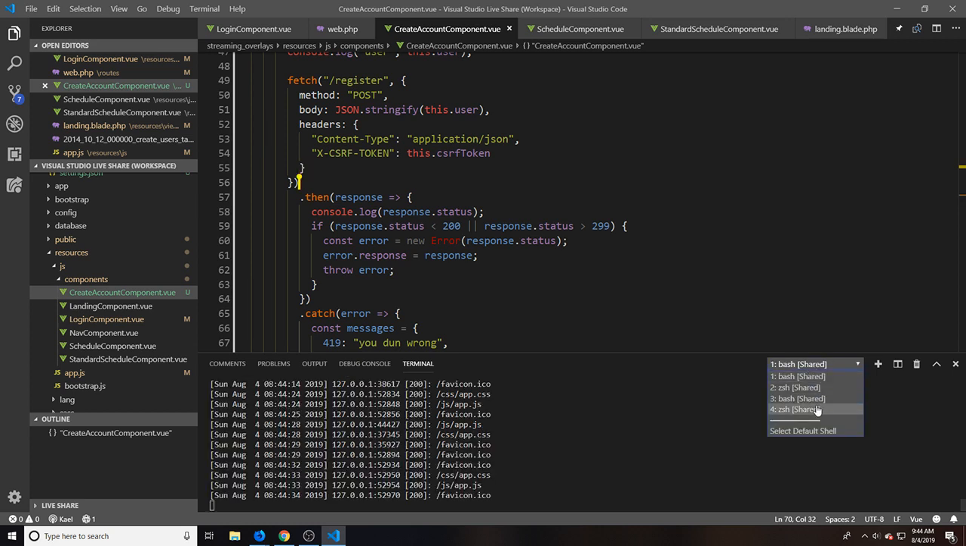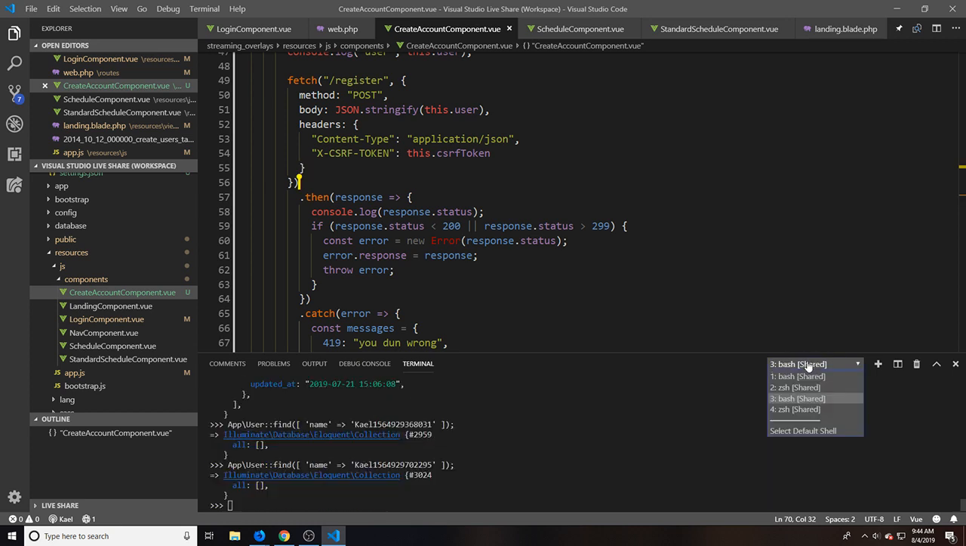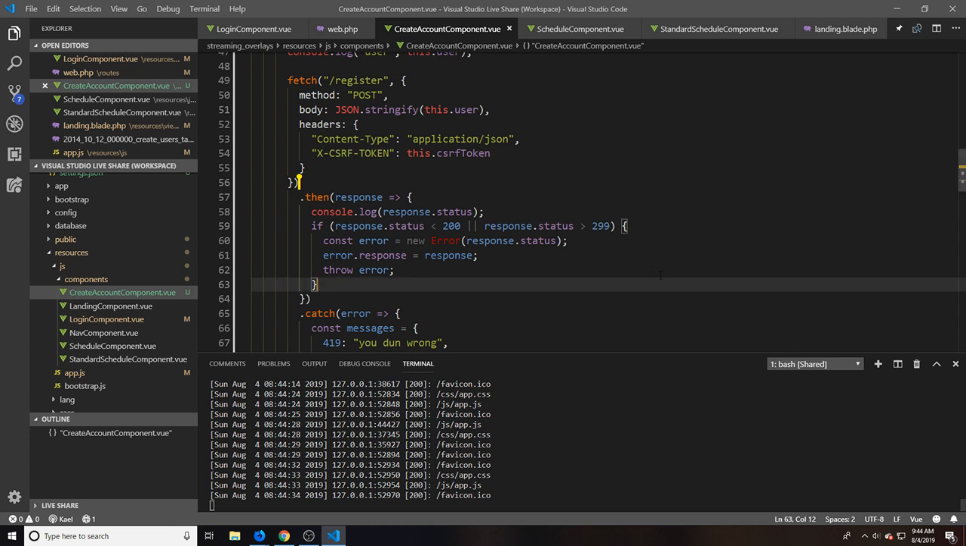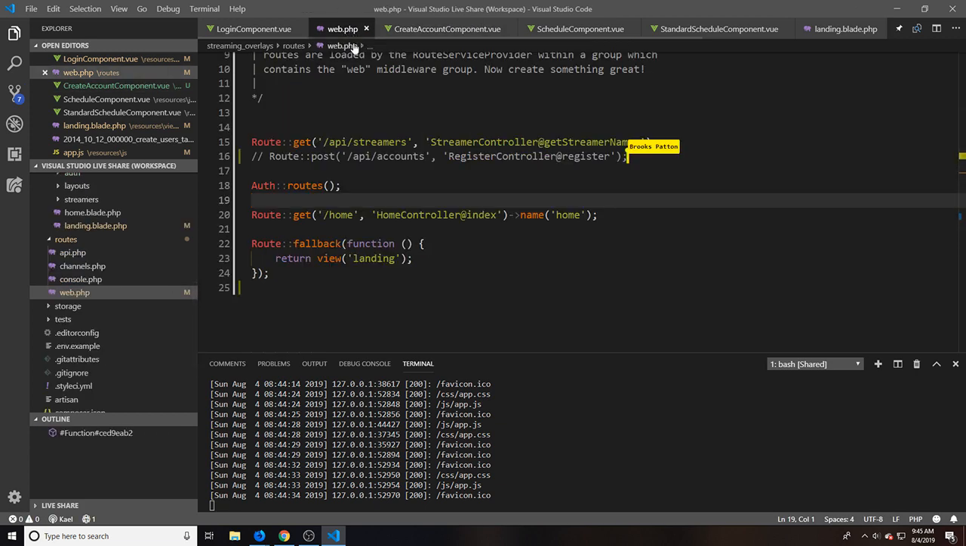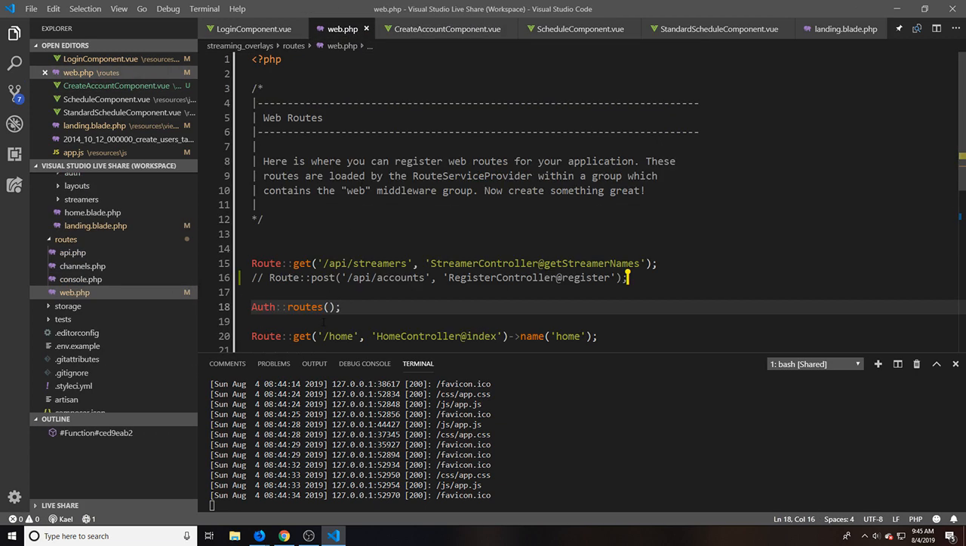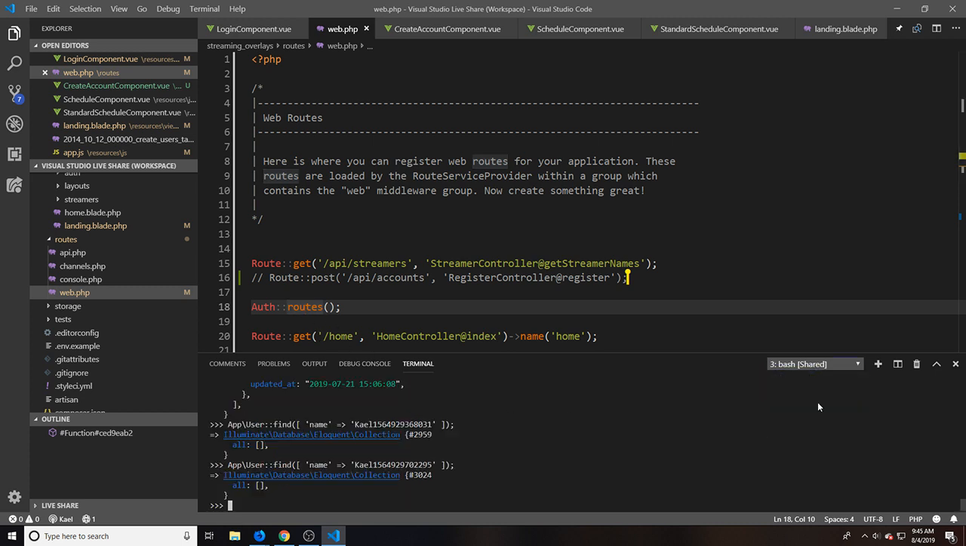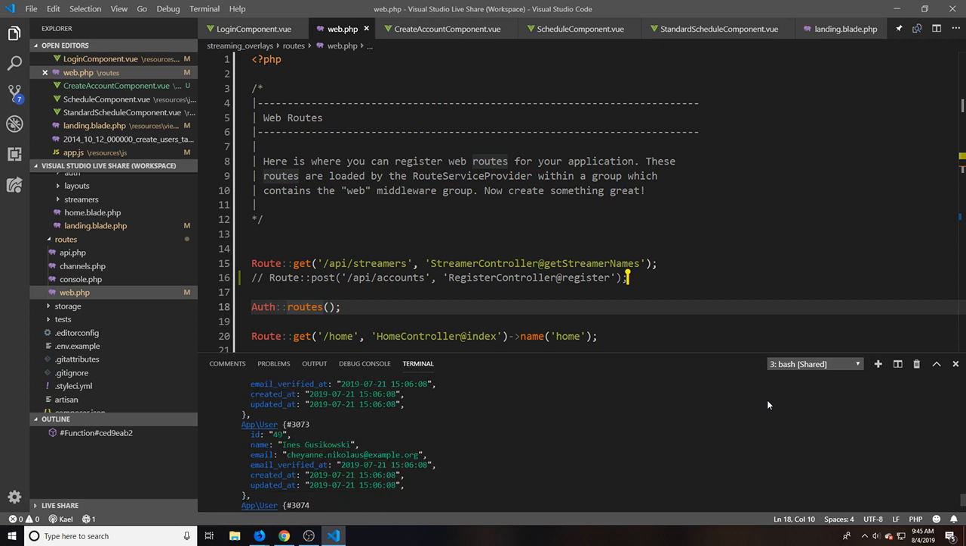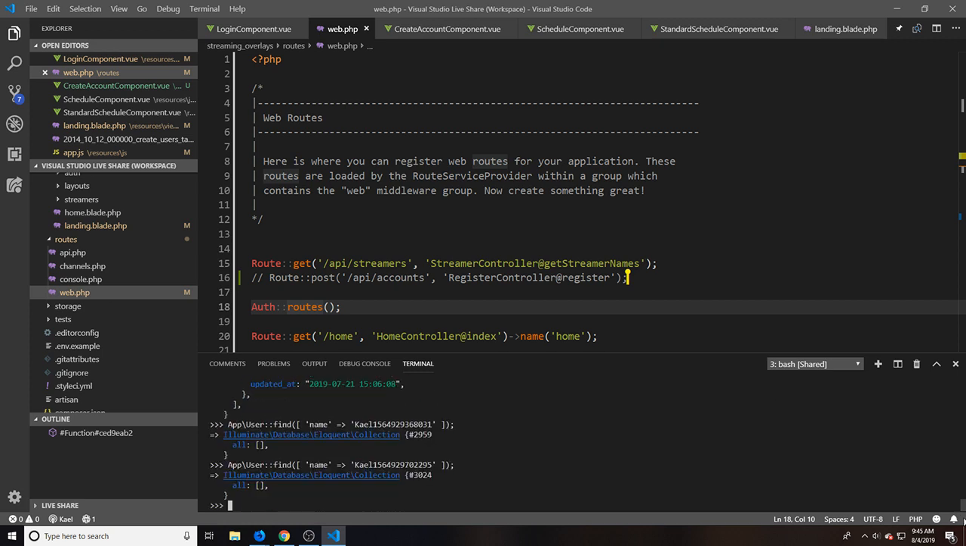Time for us to go look up and trace our request through the code. So, what controller is this going to? Okay, so if I look at web, it's going to auth routes. If we take a look at, if we remember, the routes